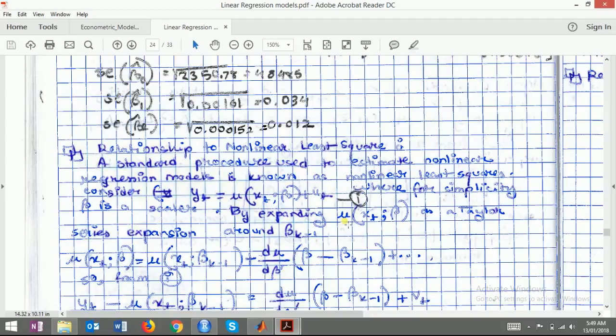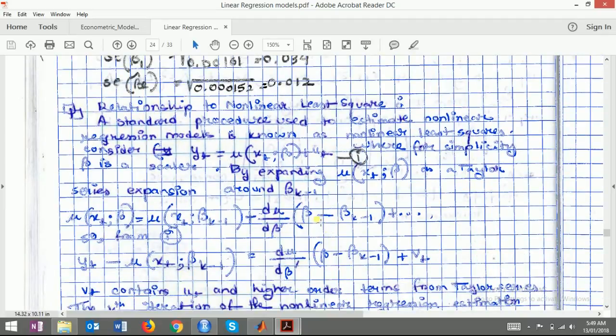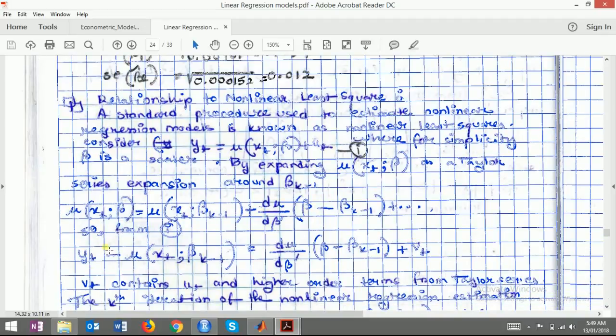By expanding mu of xt, beta, the nonlinear function of xt, as a Taylor series expansion around beta k minus 1, we're talking about nonlinear least squares now, mu of xt, beta equals mu of xt, beta k minus 1 plus the derivative of mu with respect to beta transpose times beta minus beta k minus 1,